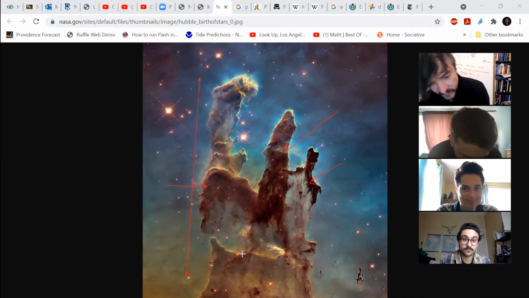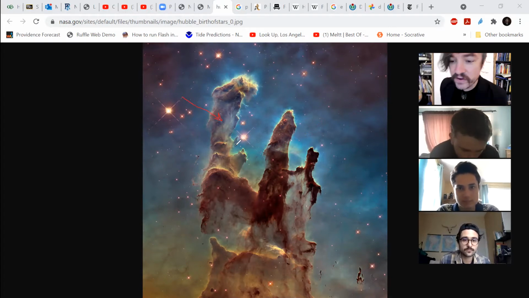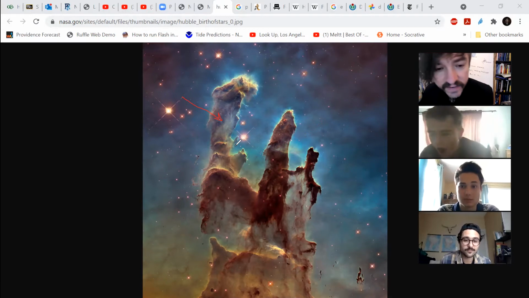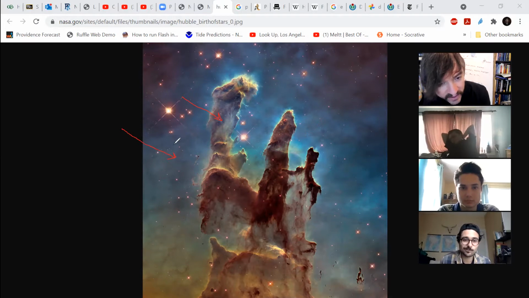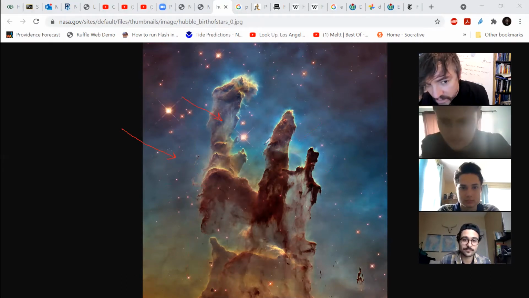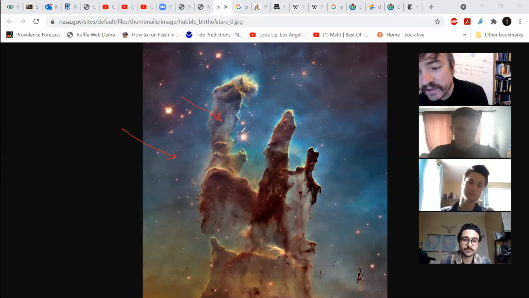In fact, believe it or not, guys, even if you got in a spaceship like the Millennium Falcon and tried to fly through this thing, the density of gas is still so low in these pillars that you would not even recognize you were surrounded by gas at all. The density of gas in the pillars is much greater than the density of gas out here in the surrounding nebula. But both of these densities are hundreds or millions of times lower than the density of air